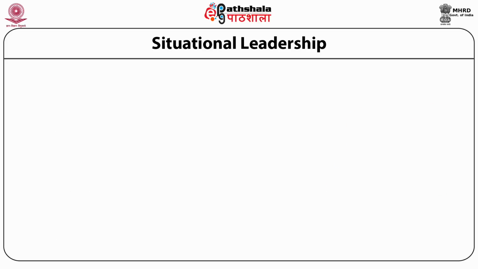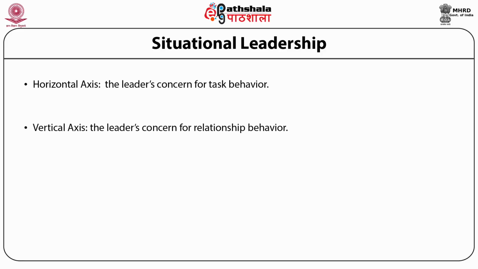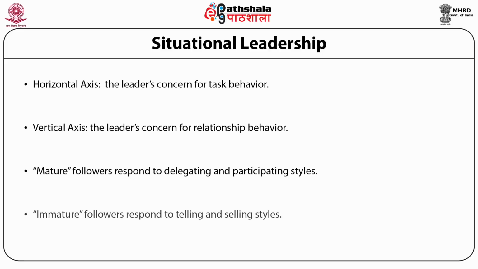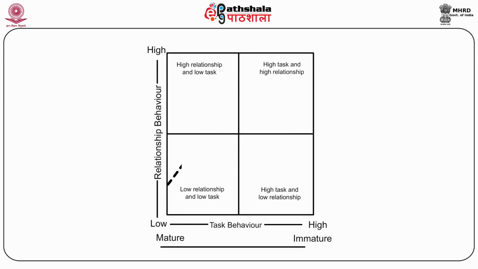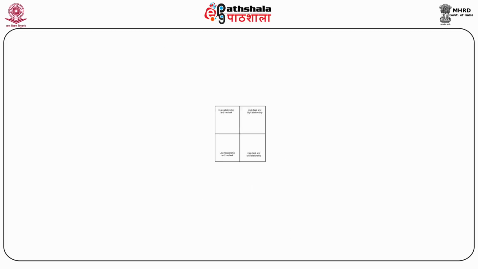Situational leadership. On the horizontal axis, the leader's concern for task behavior is there, and on the vertical axis, the leader's concern for relationship behavior is there. The mature followers respond to delegating and participating styles, and the immature followers respond to telling and selling styles. As has already been described, the leadership behavior of telling, selling, participating, and delegating will depend upon the maturity level